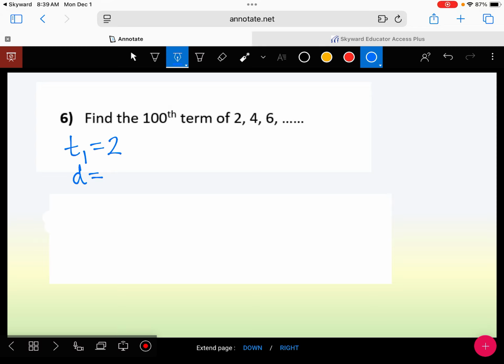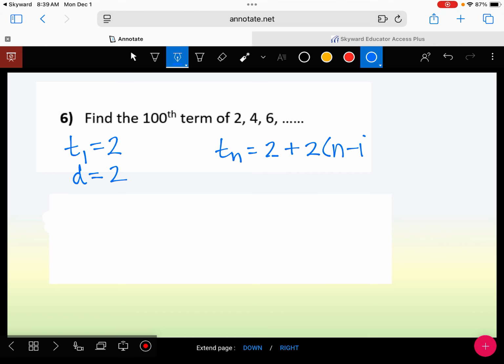This is a pretty easy common difference. What do we get for the common difference? We went 2, 4, 6. What number are we adding? 2. All right, so my rule would be T sub n equals the first number plus the common difference times